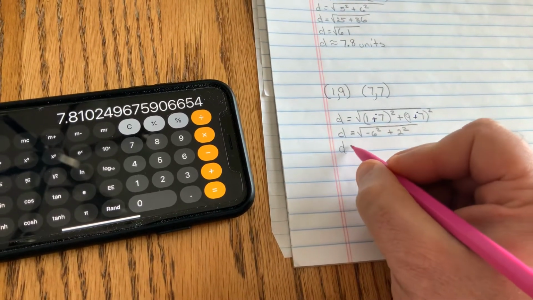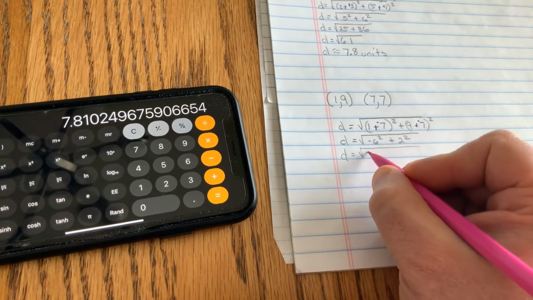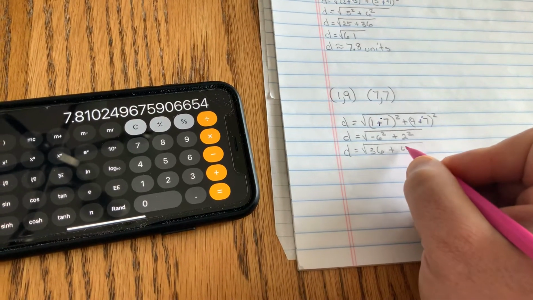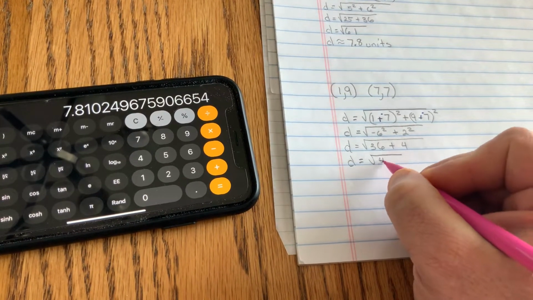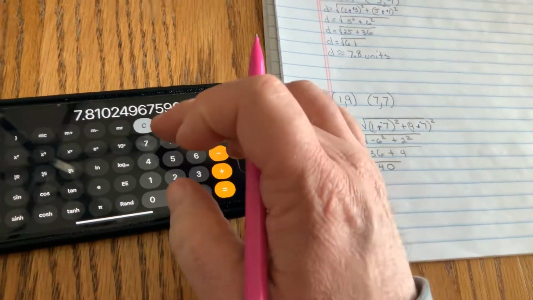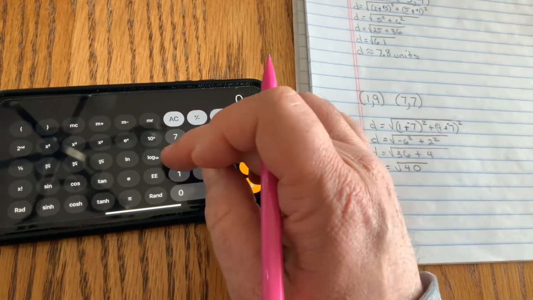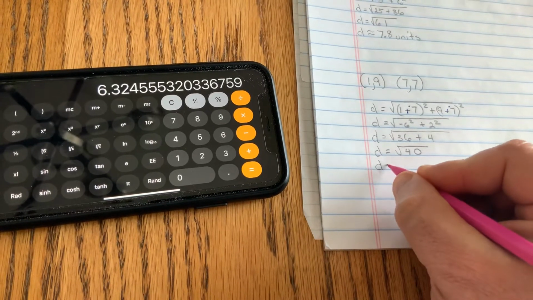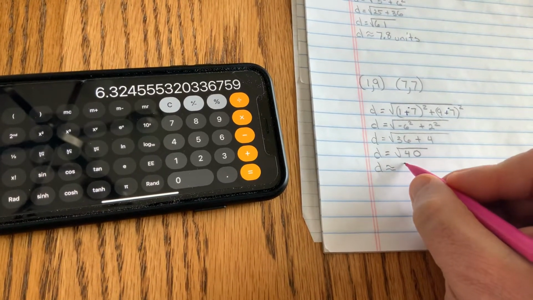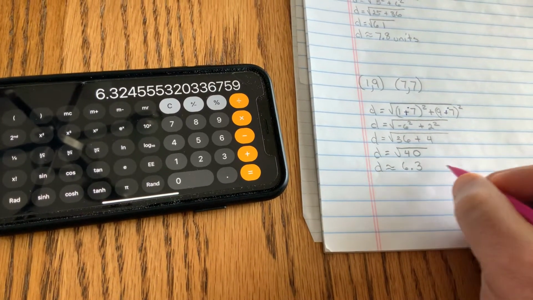So we get D equals the square root of 36 plus 4, so D equals the square root of 40. On my calculator, I'm going to type in 40 square root, and we're going to say D is approximately 6.3